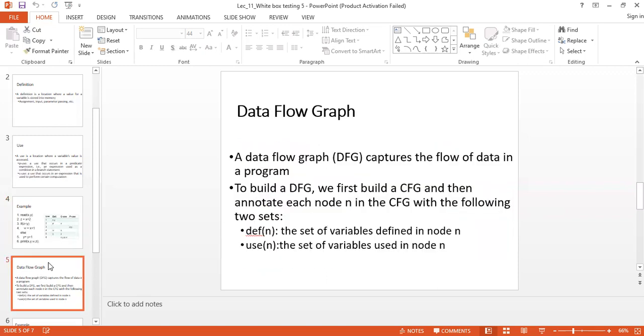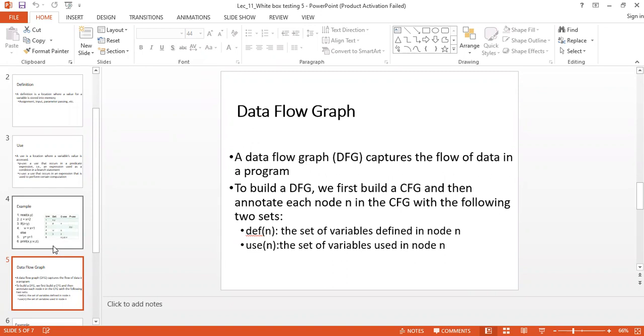So in a data flow graph, rather than considering the control flow, how the program is controlling the flow, this particular graph is focusing on how the data flows, how the data is moving.